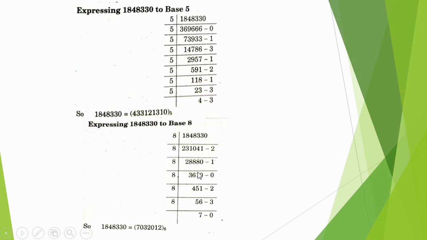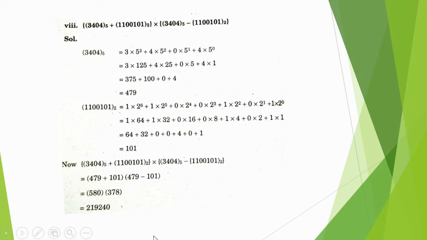8 3s are 24, 8 becomes 48, 8 6s are 48, 8 1s are 8, 0 comes, and 0 carry. 8 4s are 32, 1 becomes 41, 8 5s are 40, and 10, each 0 becomes 10, 8 1s are 8, 2 becomes carry. 8 5s are 40, 8 6s are 48, 3 carry, 8 7s are 56, 0 carry. Now 7 0 3 2 0 1 2 in base 8.